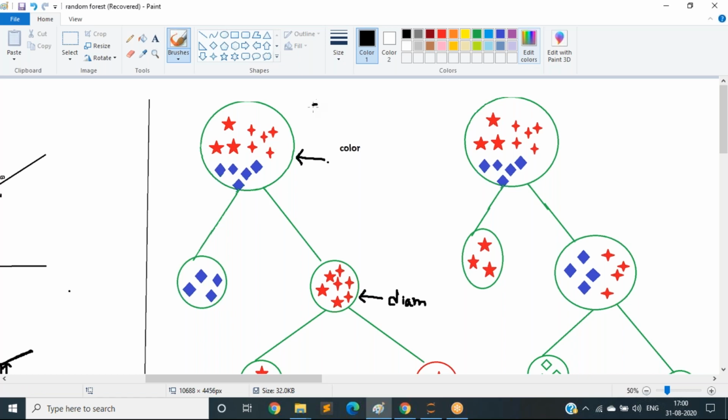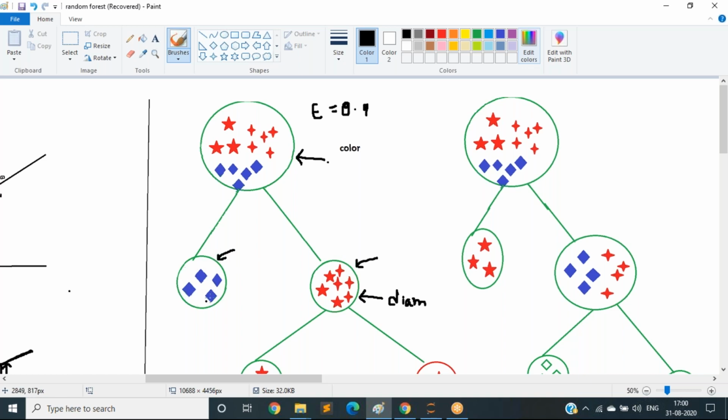Say the entropy is 0.97 here or 0.9 there. It will split based on your information gain. You already know what information gain is, a measure of your entropy.